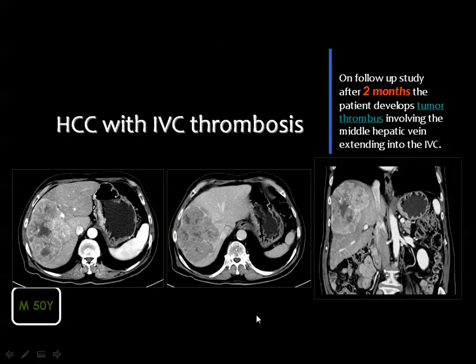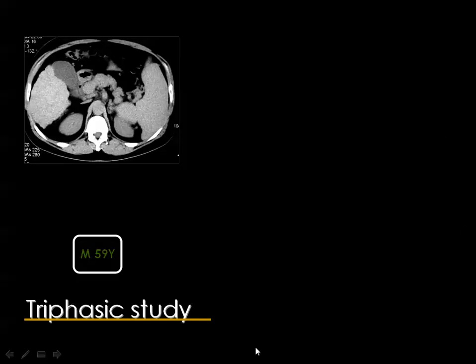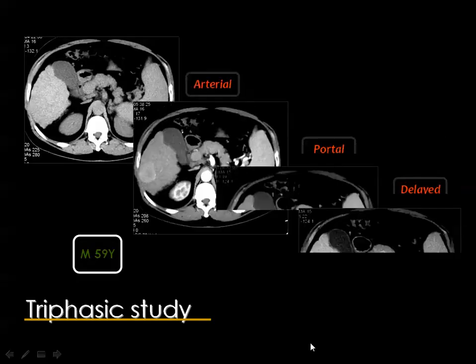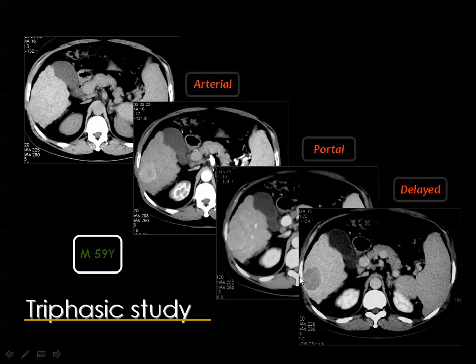Then this is the CT scan. In the arterial phase, you see heterogeneous enhancement of the lesion, which occupies most of the right hepatic lobe. And this is the portal phase, and the follow-up of this patient after 2 months showed invasion of the IVC by a tumor thrombus. And you remember this triphasic study where the lesion was better appreciated in the delayed phase,